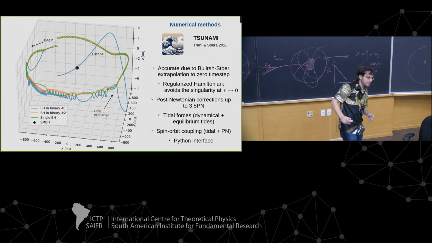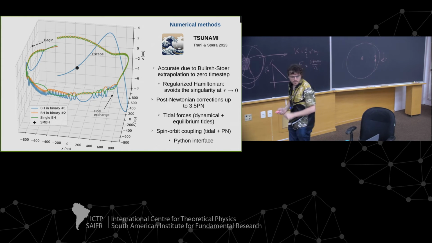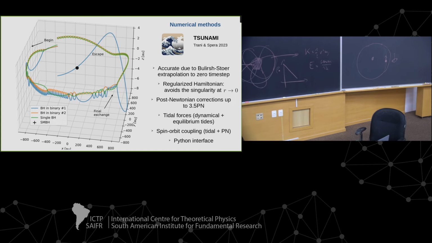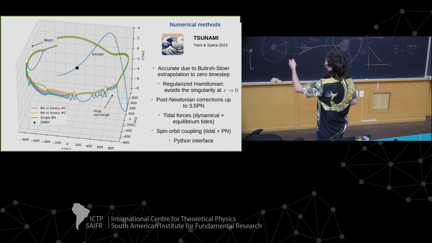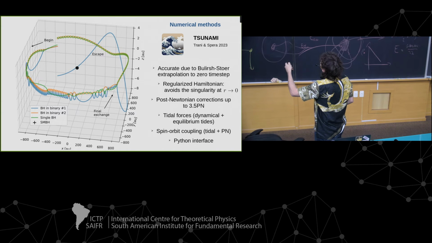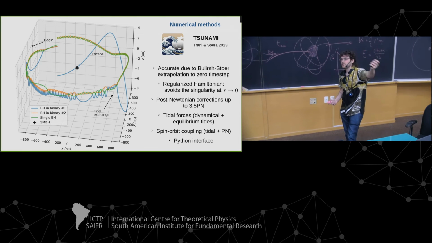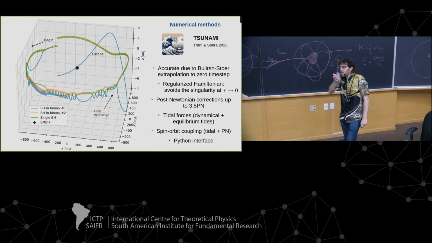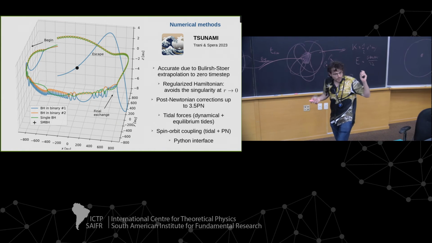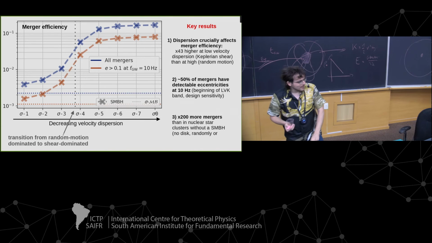You start from here. Actually, maybe there is a pointer somewhere. Yes. Yeah, you start from here. You don't see, but this green, no, it's not green. Orange is a binary. And then they encounter here. This is already an exchange. And then there is another exchange here. This is a final exchange, and this blue one gets kicked out. And that's where the encounter terminates. Any questions so far? No questions? I have to go on.